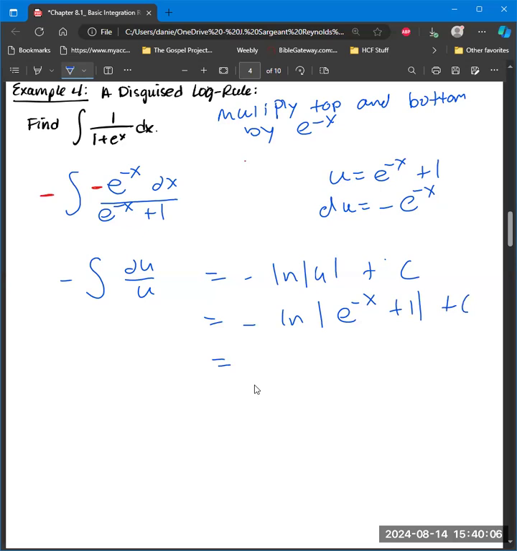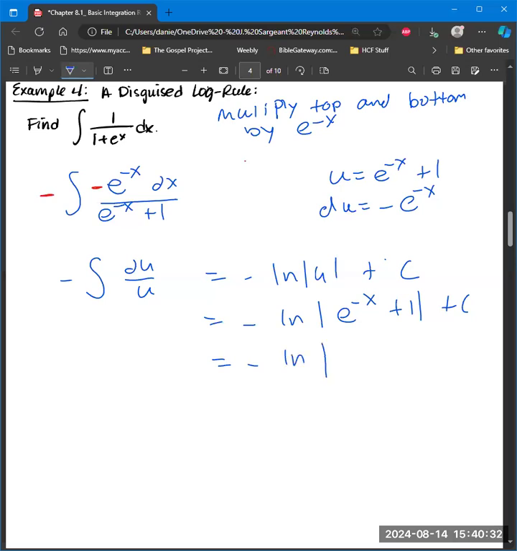That equals ln, let's see, clean that up a bit. Yeah, so let's go ahead and make this a negative